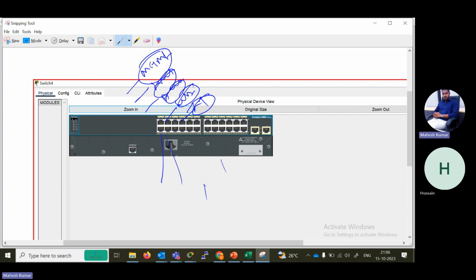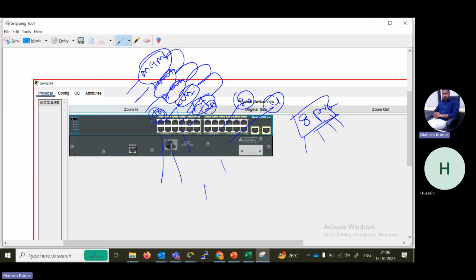Let's suppose we have a 24-port switch. Eight ports we can keep in a single VLAN, and the rest we will keep in some other VLAN, another VLAN. Every eight ports, four ports, three ports, two ports, based on the users, we can keep them in a particular VLAN. So a VLAN cannot establish communication with a different VLAN,